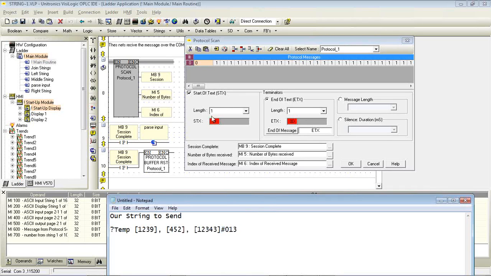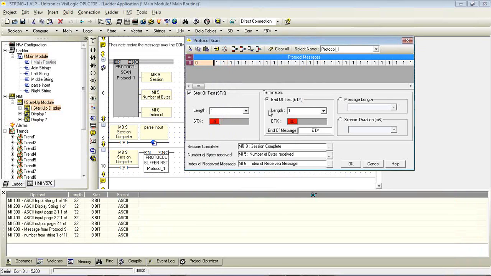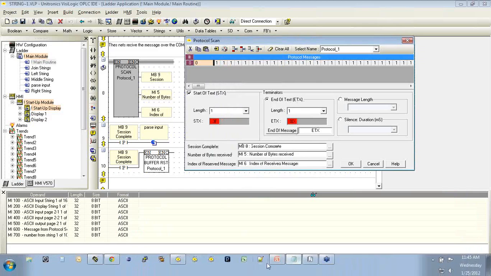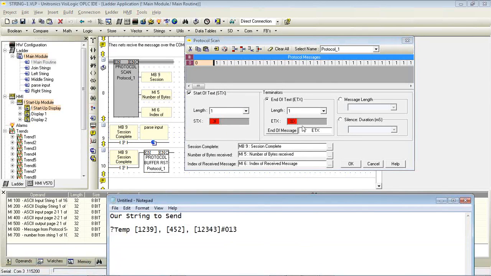So we've defined a starter text with a length of 1, 3F in hex, which is, of course, our question mark. Our end of text, bring that back up, I'm sorry, is our carriage return, and we've defined that here as hex 0D. And we've defined our actual message